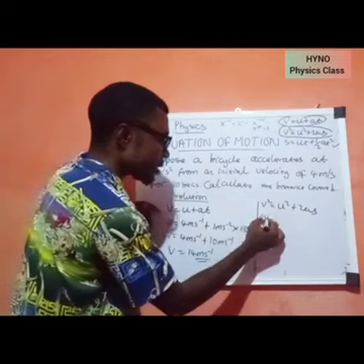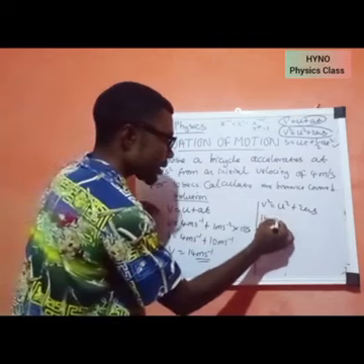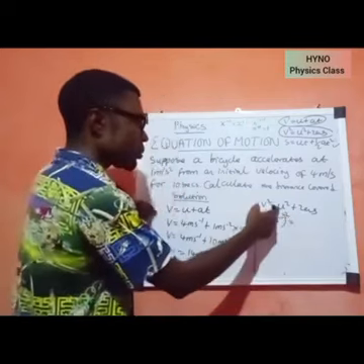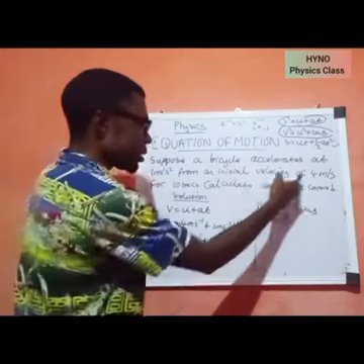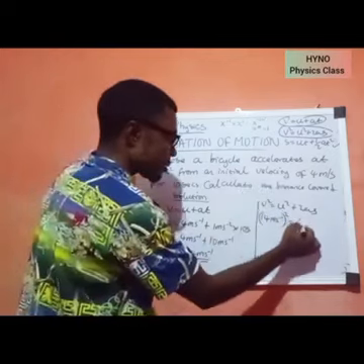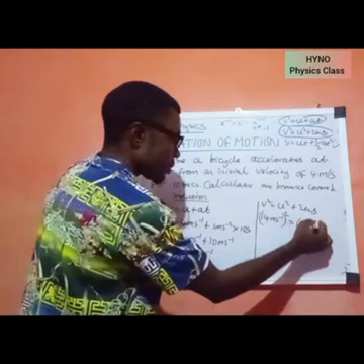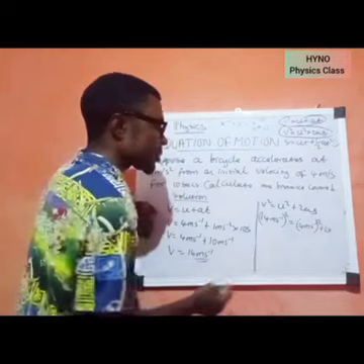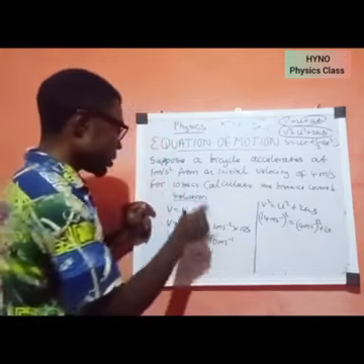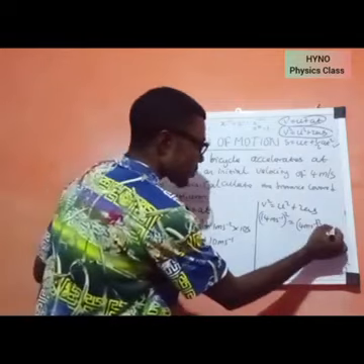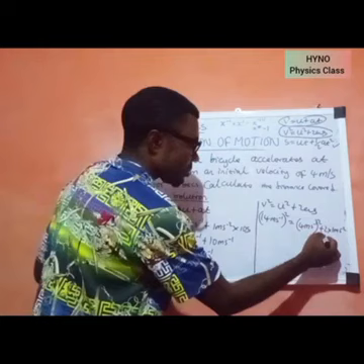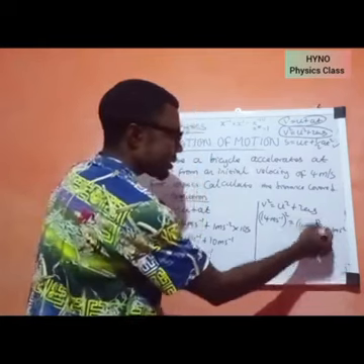So we're going to say 14 meters per second raised to power 2 is equal to u, which is 4 meters per second, raised to power 2 plus 2 times acceleration, which is 1 meter per second squared, times distance, which is